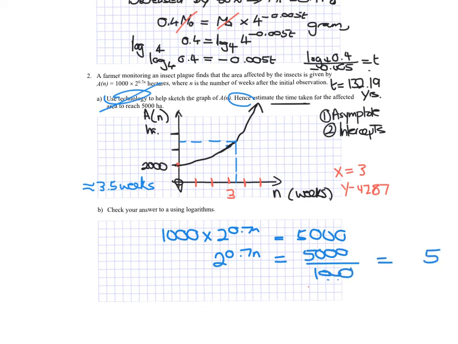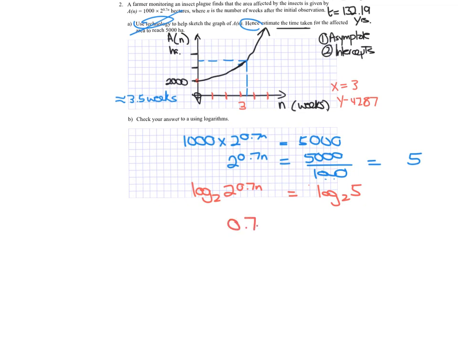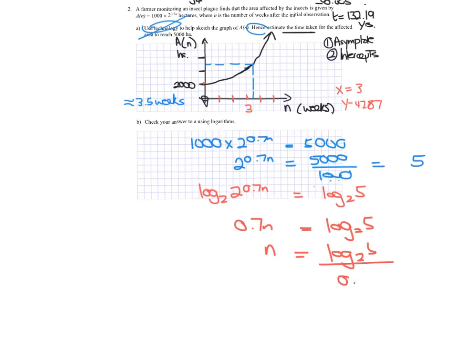Then we want to get rid of that base, so we can go log base 2 of 2 to the 0.7 n equals log base 2 of 5. And so we're going to get 0.7 n equals log base 2 of 5, so n equals log base 2 of 5 over 0.7, which if you put in the calculator, n equals